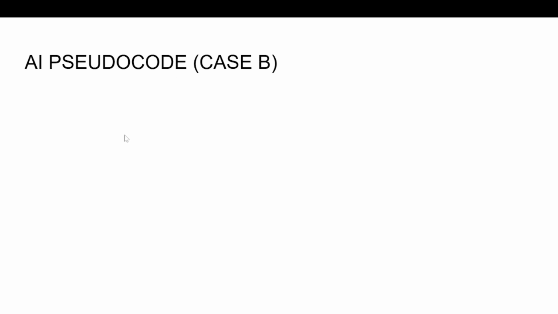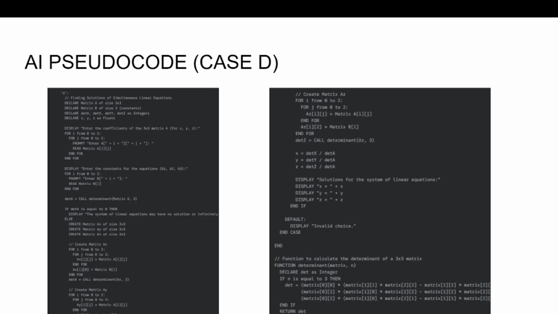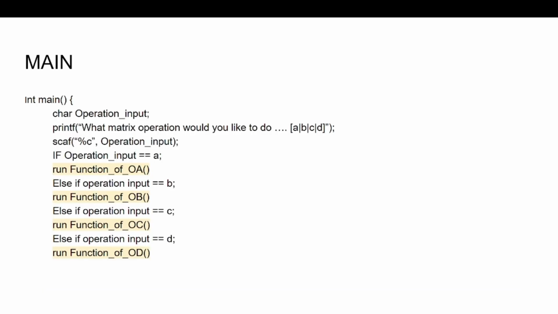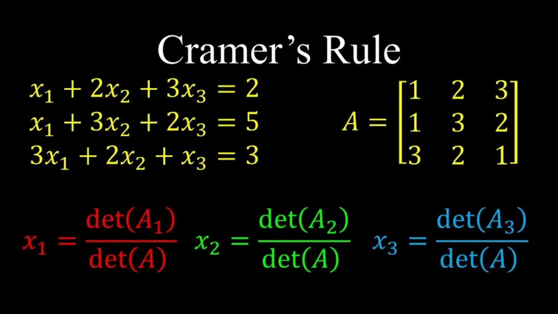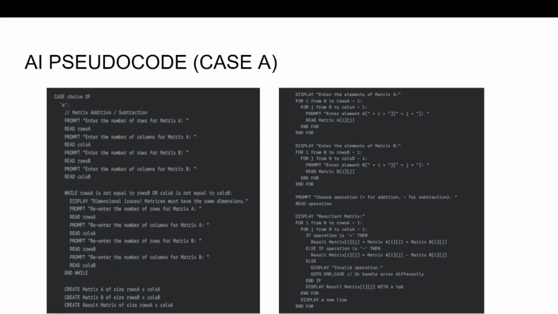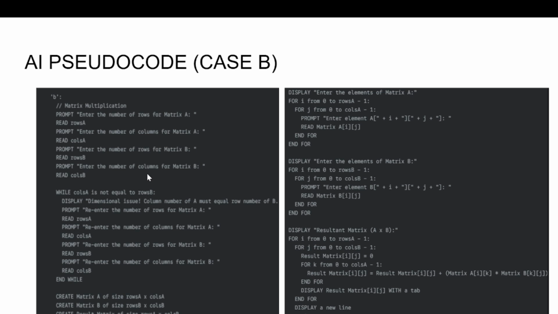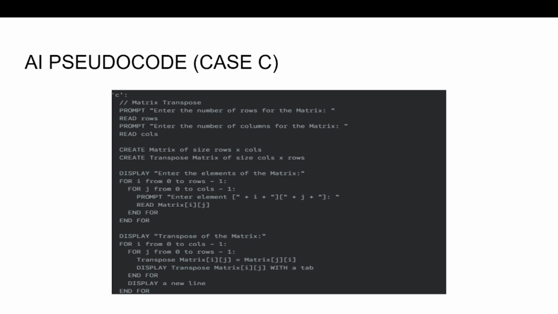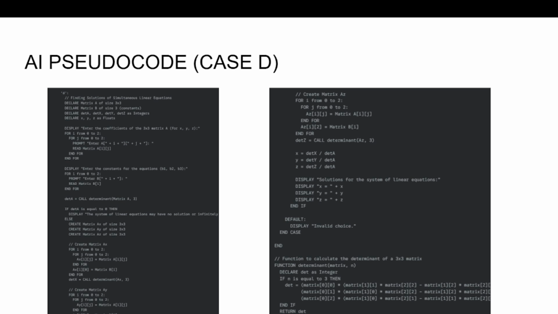And then when it comes to using the AI versus my pseudocode, I would say that I'm more likely to use my pseudocode just because it is more similar to what the actual code will look like than the AI. Although I might come back to the AI version because it does look neater, it's more readable, and it is correct. These pseudocodes do output the right thing, and as far as I can tell, it doesn't use anything that we haven't learned outside of class. So if I need just a refresher or to come back, maybe I'll look at this, but for the most part I'll be using